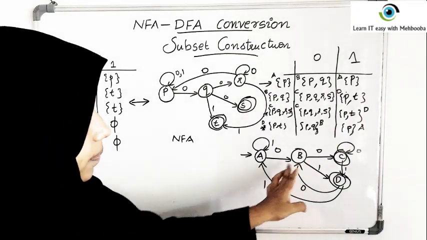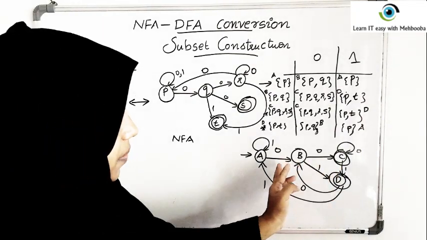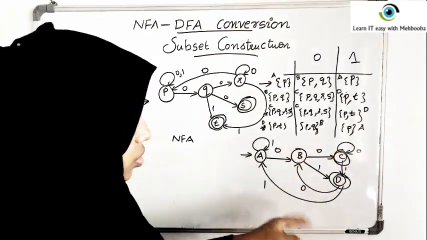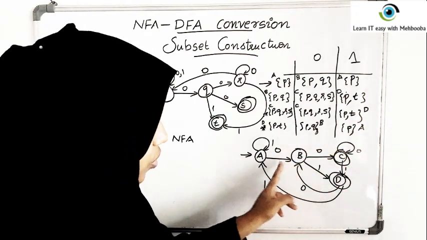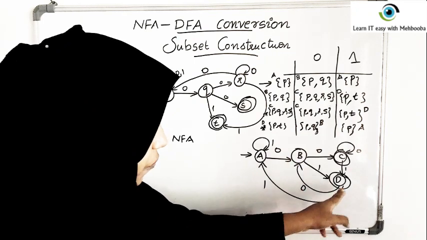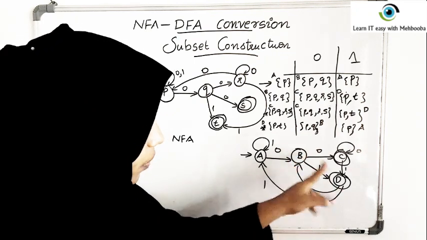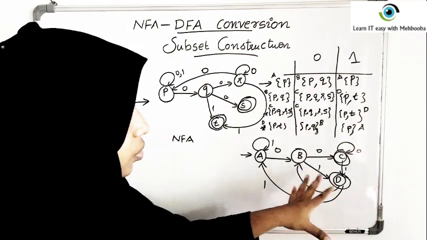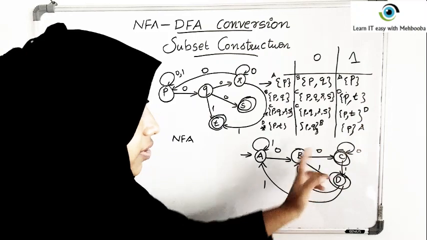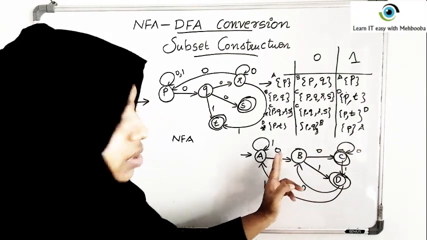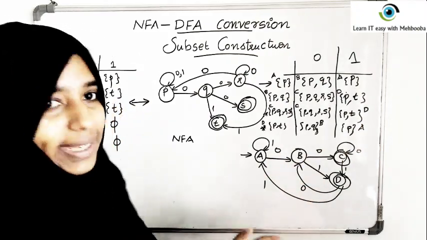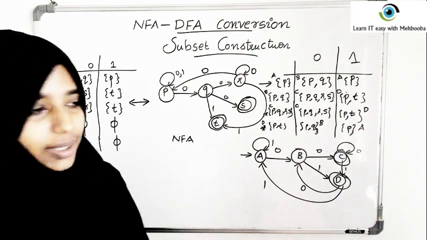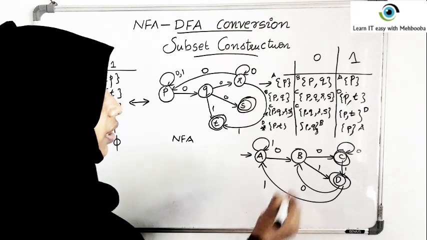So C accepts all the strings that are ending with 0, 0. See here we have just more zeros. Now D accepts all the strings that are ending with 0, 1. If one more 0, it goes back to a non-final state. If one more 1, it goes back to a non-final state. So C accepts all the strings that are ending with 0, 0 and D accepts all the strings that are ending with 0, 1. So this is the DFA which accepts strings containing 0, 0 or 0, 1 at the end. Okay, so this is how we convert this.